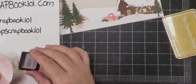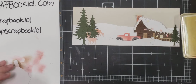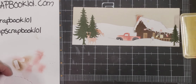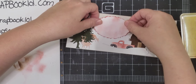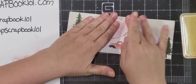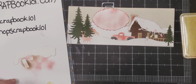And go around the edges just to make it stand out. Put a little glue on the back. And kind of line it up in between the trees and the cabin like I did on this one. Okay, and I want to ink. Oh, there goes a marker. I want to ink my smoke piece with a little bit of the Simon Hurley Wolf